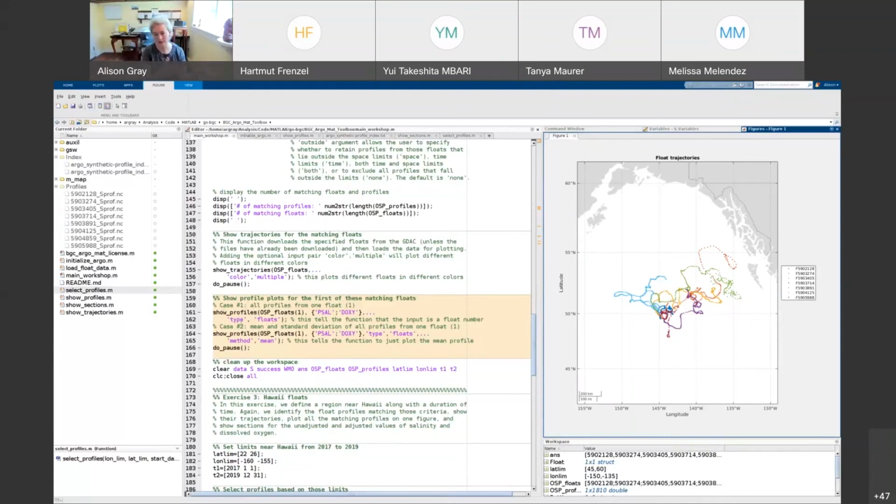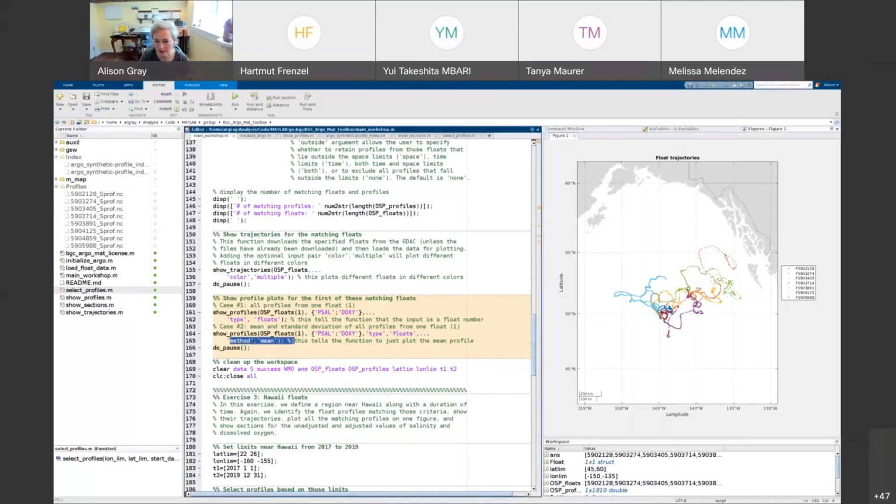The first is the plots that we saw before, where we plot all the profiles and then plot the mean of the profiles in red. The second case shows a different functionality of this show profiles script, which lets you just plot the mean and standard deviation. That's using this argument method, telling it to use mean. Okay, so if I do that,